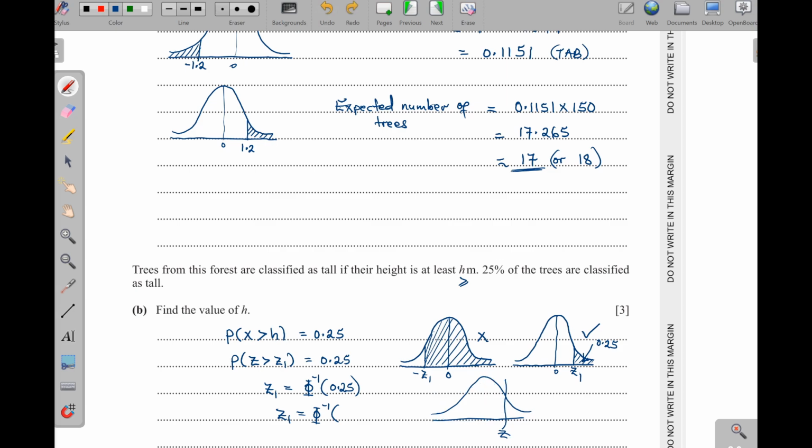Now, since z is just a boundary between the two regions, one region is giving a probability that is greater than 0.5, and this one is less than 0.5. So we shall instead use the bigger region. So we shall say 1 minus 0.25, which is going to be